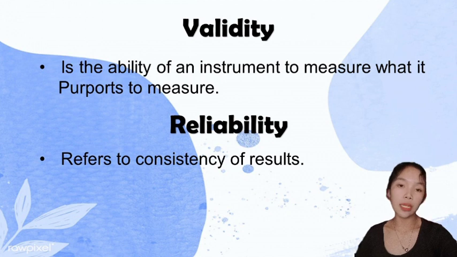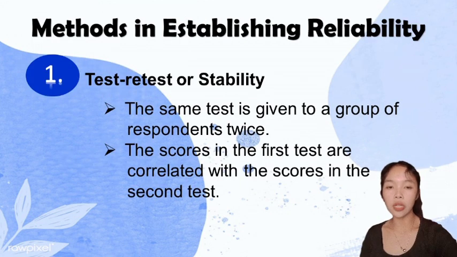And when we say reliability, it refers to consistency of results. Meaning to say, the reliability of a measurement instrument is the extent to which it yields consistent, reproducible estimates of what is assumed to be an underlying true score. So, that's the reason why reliability and validity are important aspects of selecting a survey instrument. So, let's move on to the methods in establishing reliability. One of them is the test,